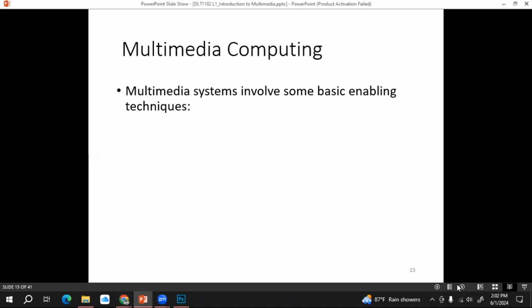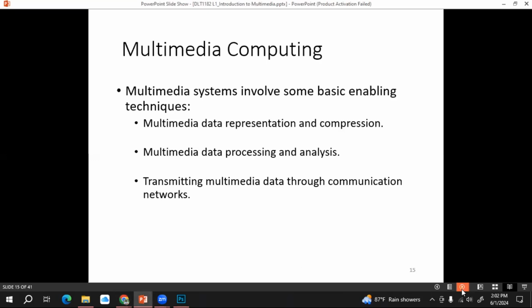Then multimedia computing. Actually, this is the main target of this course. We are working with different types of media. We are trying to analyze, represent, compress, and process them, and we are trying to communicate or transmit those data through a communication network.